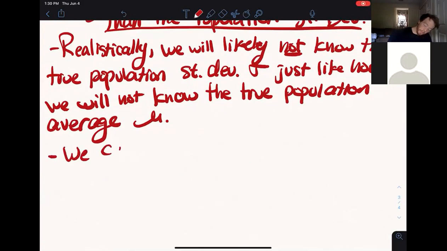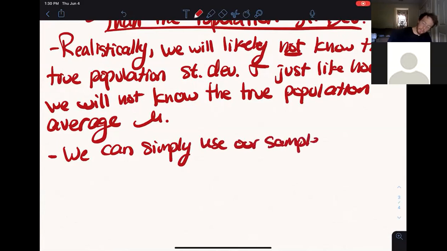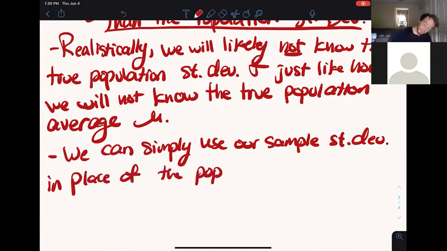We can simply use our sample standard deviation in place of the population standard deviation if we would like. However,